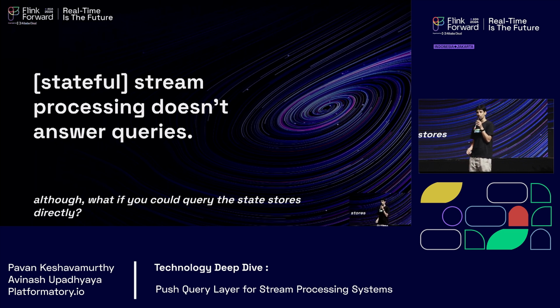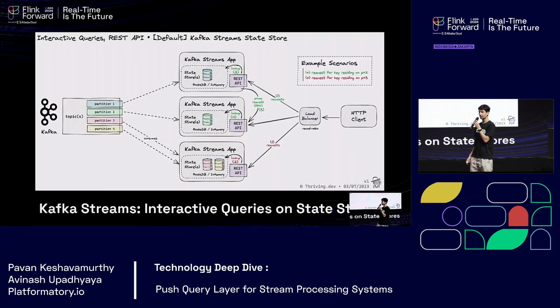So that brings up the question, what if you could query that state directly in whichever system the stream processing engine such as Flink stores that data, right? And not surprisingly, that's not an unheard of or a novel pattern. For those who are familiar, Kafka Streams actually does this, right? It has a very nifty and interesting feature that makes systems like Kafka Streams straddle both the operational world as well as the analytical world.